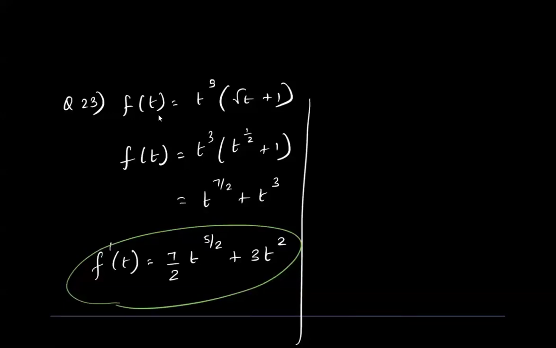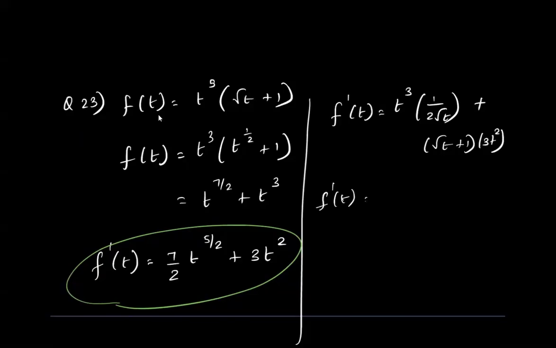Now let's do the same thing using the product rule. If I do the product rule, I keep the first term times the derivative of the second term plus second term times the derivative of the first term. I simplify and I get 3 minus